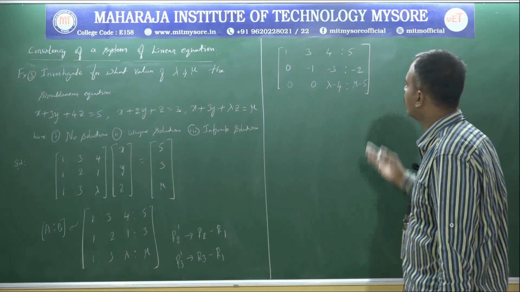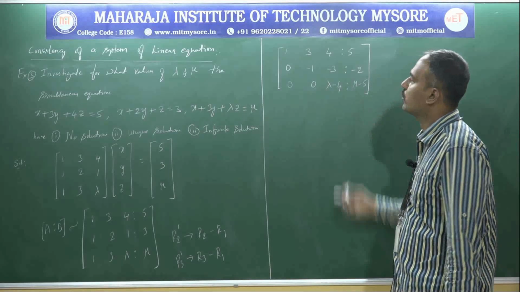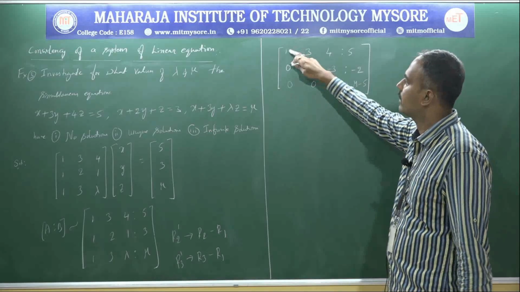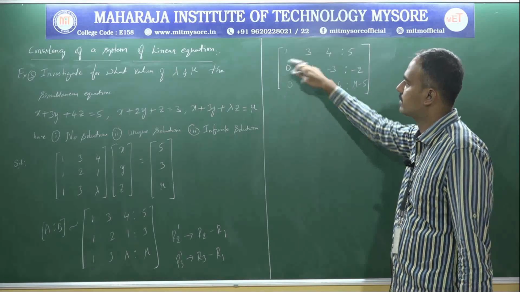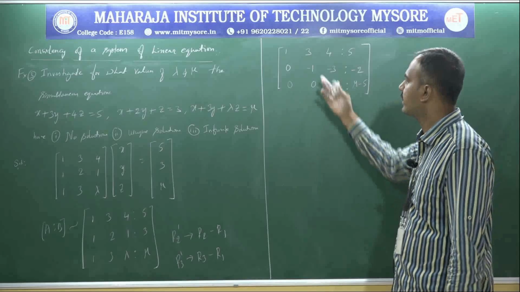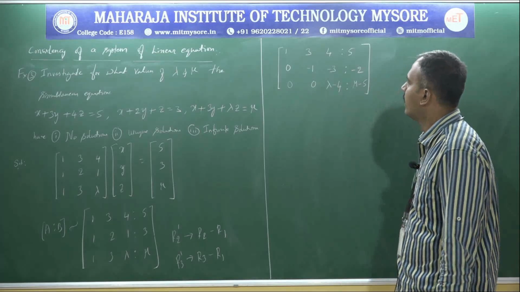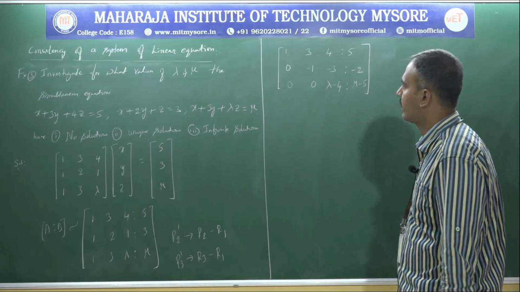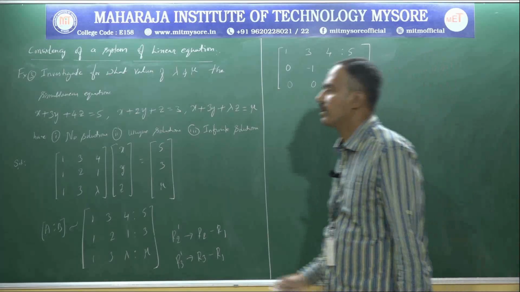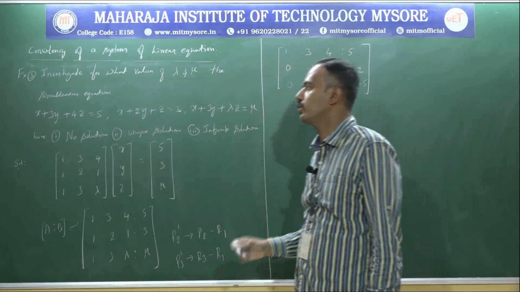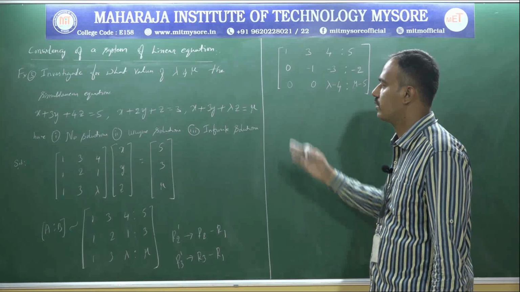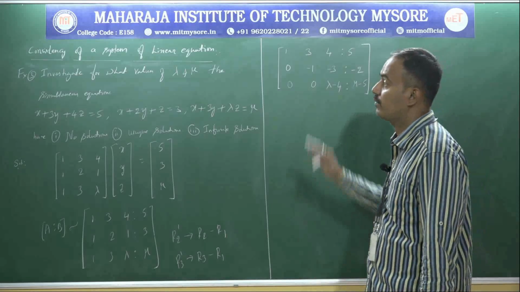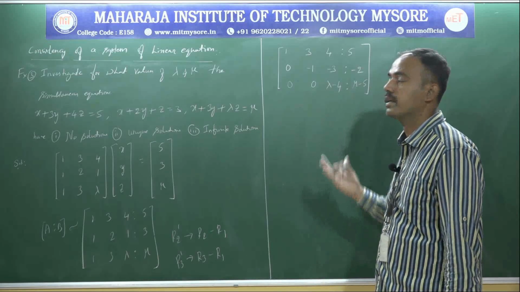Okay, is it clear? Now check whether it is in the row reduced echelon form. Leading entry 1 here, all the column elements below the leading entry are 0 here. Yes. Now what about the next observation? We have to check further whether we get no solutions, unique solutions or infinite solutions here, for what values of lambda and mu.